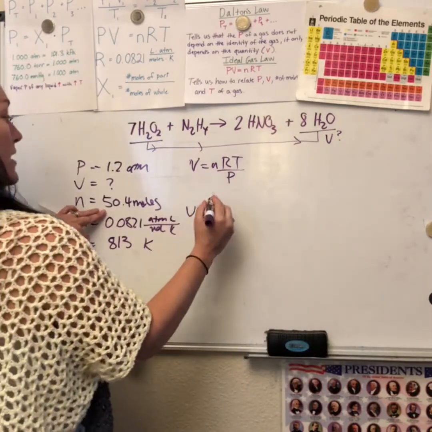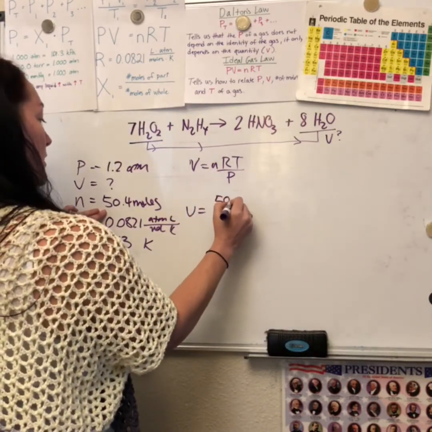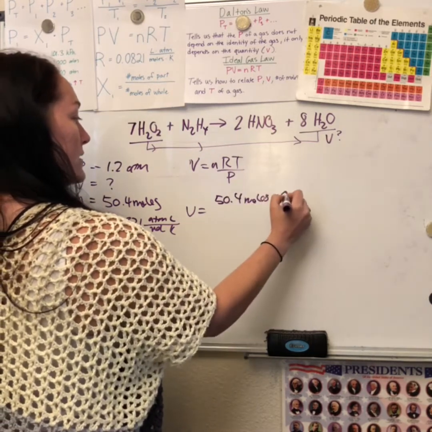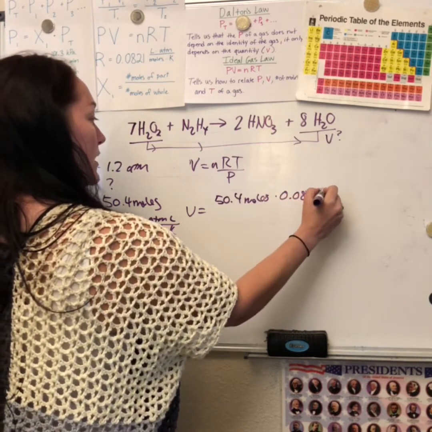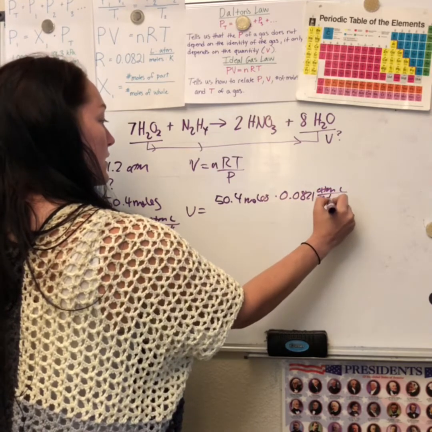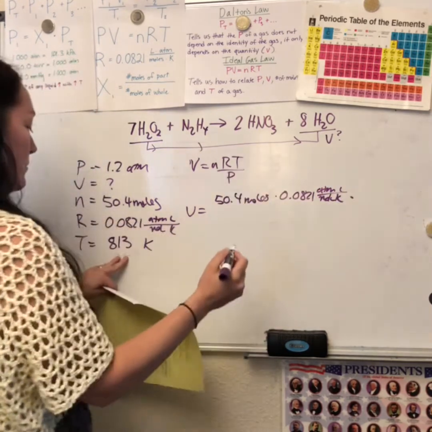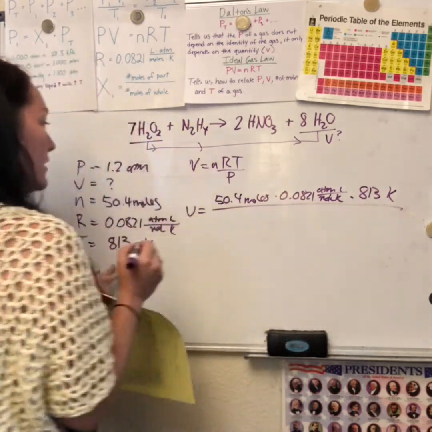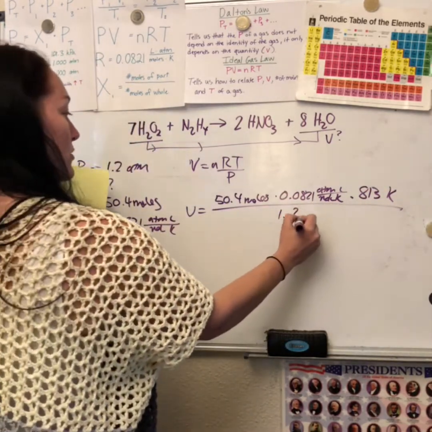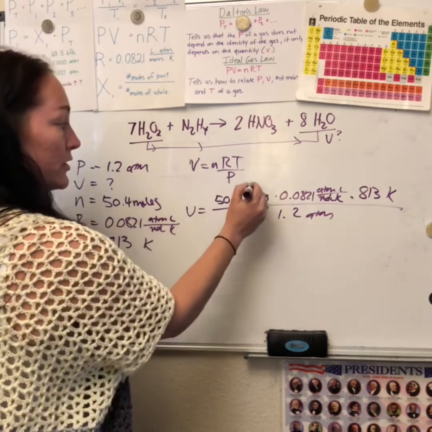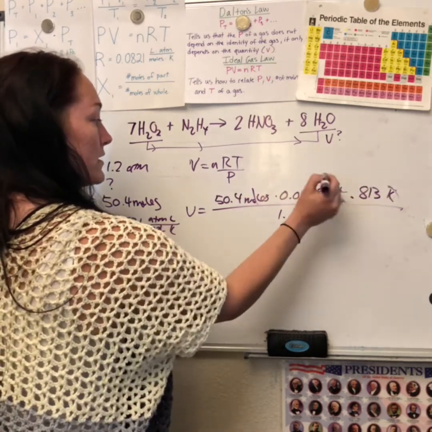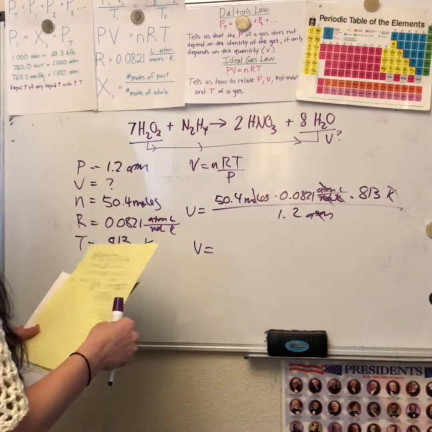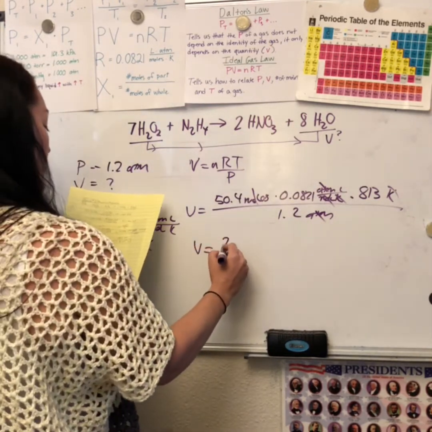So I've got my moles, 50.4 moles, times my R, my constant, 0.0821 atmospheres liters per mole Kelvin, and temperature, which is 813 Kelvins, over my pressure, which is 1.2 atmospheres. Okay? Cancel your units: moles, moles, Kelvins, Kelvins, atmospheres. I'm left with liters up here, which is good. I crunch that through and I get